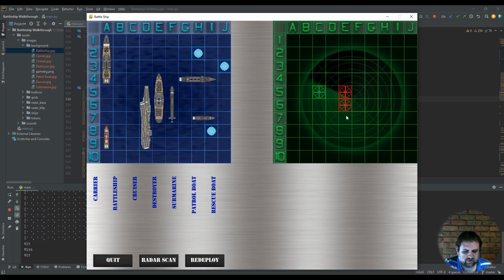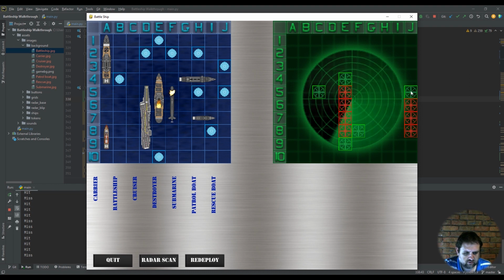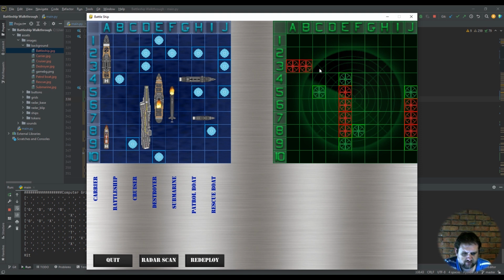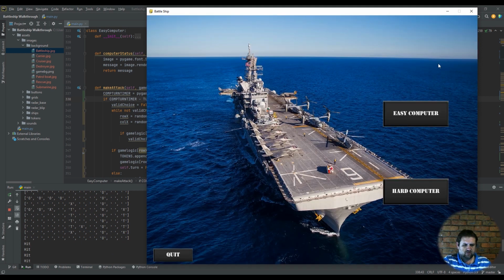Okay, so we can basically move along very quickly. Radar scanner there. Okay, let's just print out the positions. There's a couple of ships over there, and a little ship. Right, we have, oh, there's a straight up line there: 1, 2, 3, 4, 5, 6, 7. There we go. And then if we hit the easy computer,